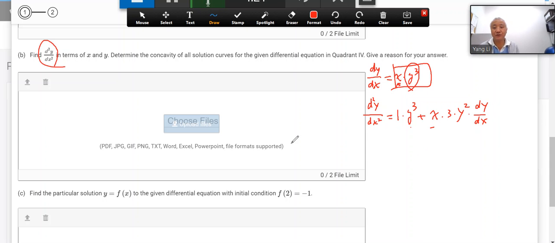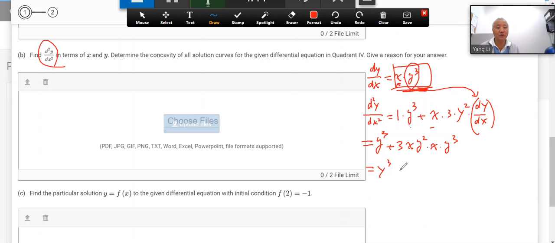And then, since we know dy/dx is this, we can plug this back in here. So we can simplify further: y cubed plus 3x y squared, times this part, substituting, you're going to have x times y to the third. So eventually you get what? y cubed plus 3x squared y to the fifth power. Okay, now